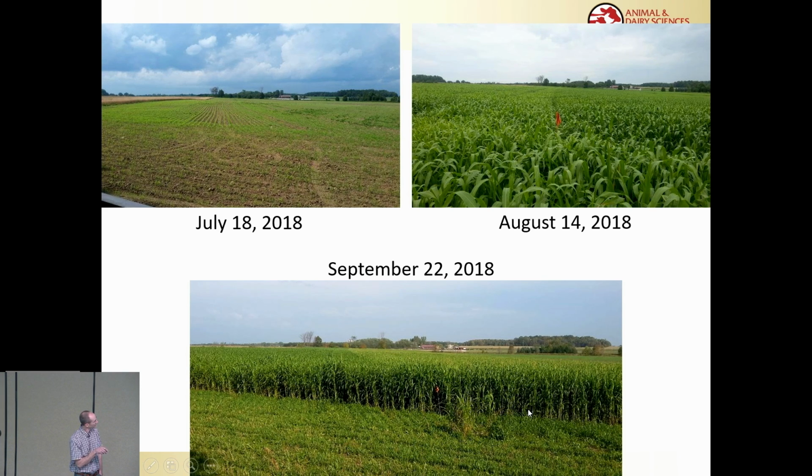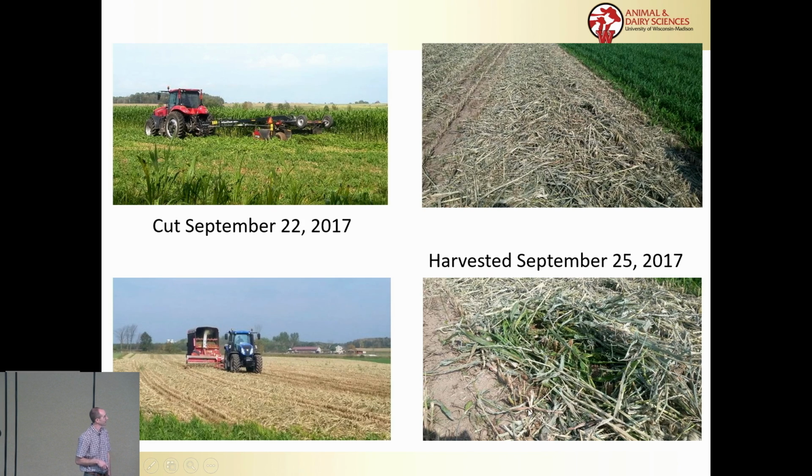But you can see, this is about 2 weeks after, it's coming up pretty nice. Within a month of that, it's coming really pretty thick. And by late September, when we cut it, the stuff's about 5 to 6 feet tall, a really nice crop. They cut it that day with a hay bine with a roller crimper. They did condition that. Ideally, this will be laid out a bit wider than in that picture. They would open that up and let it dry out a little faster,